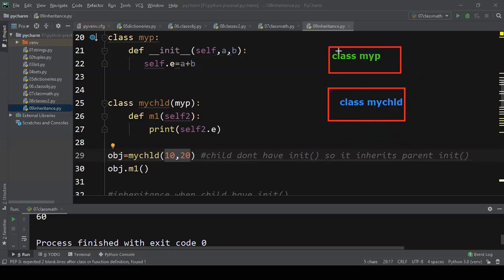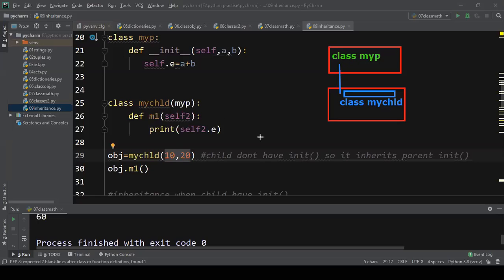So this entire class is there. This entire class is copied here, and then the code of my child class, and my own code will be there.